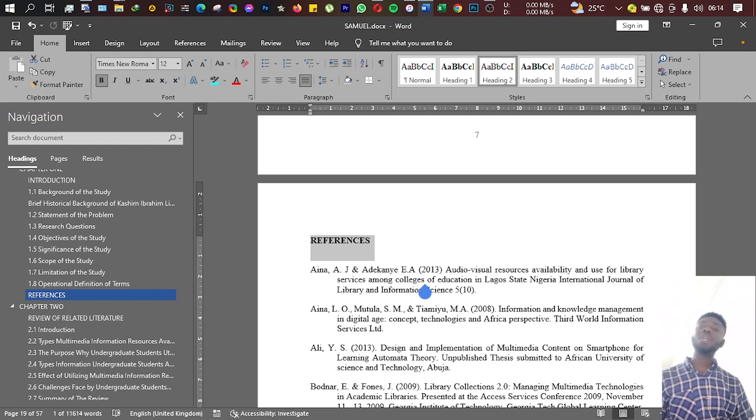Now, in my estimation and experience, a very good chapter 1 is about 8 to 11 pages. Okay, if you do justice to it, it will fall within this range. If you didn't do justice to it, it will fall short. Then sometimes you might load it up. But what we are looking for in chapter 1 is simply